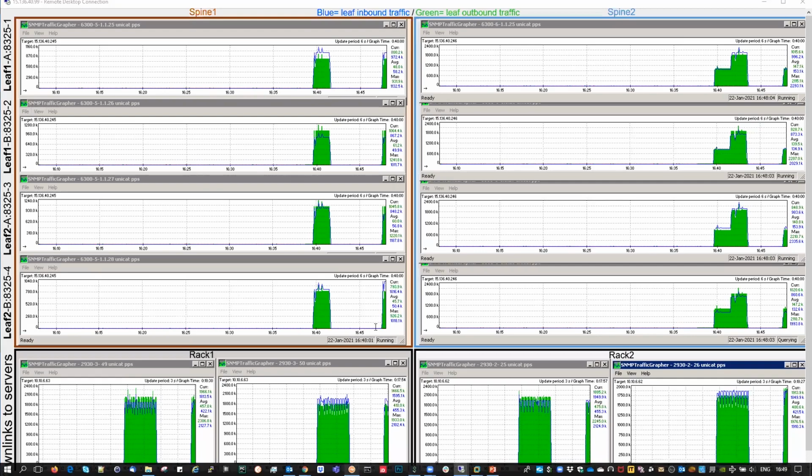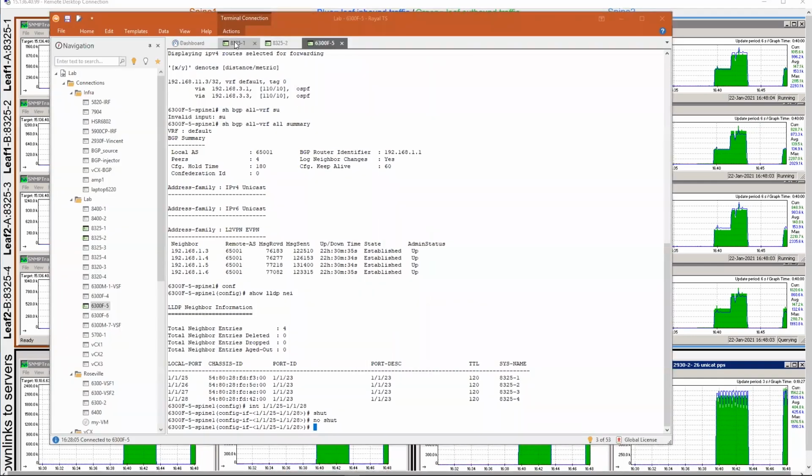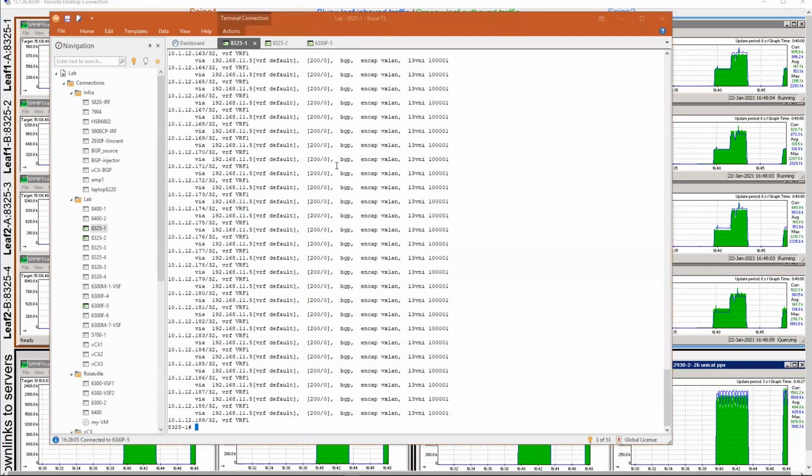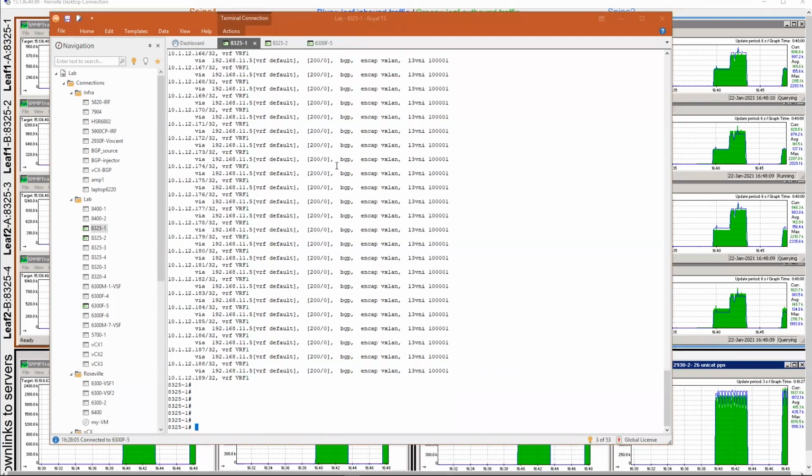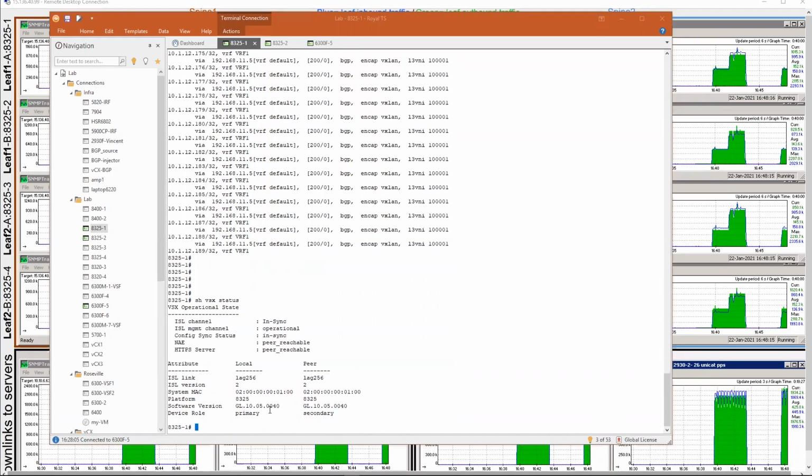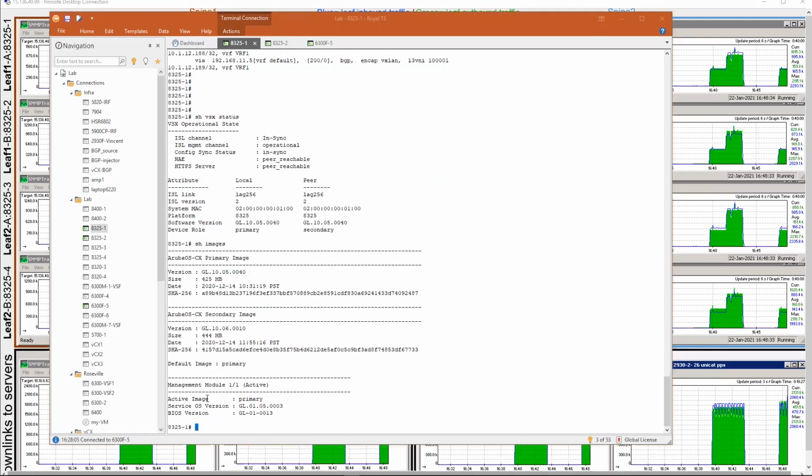And we can now jump directly onto the VS6 VTEP that we are going to reboot and upgrade. So here, show VS6 status. You see that the primary is running 10.05 and the secondary is running 10.05. Good. So now let's proceed with the command VS6 update software boot bank, and before going further I'm going to show the images. Show images. The 10.06 is preloaded on the secondary. So VS6 update software boot bank secondary.